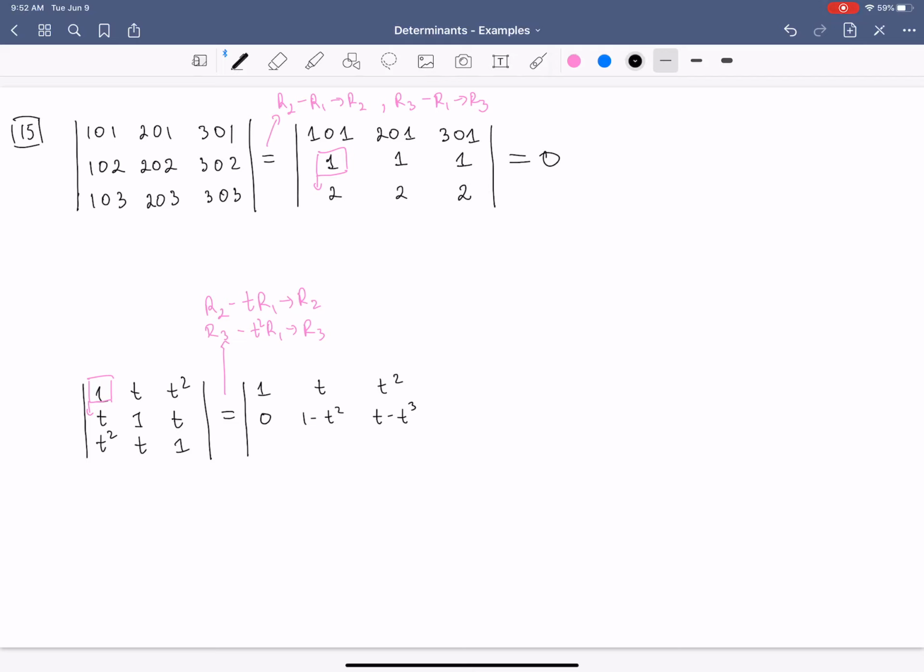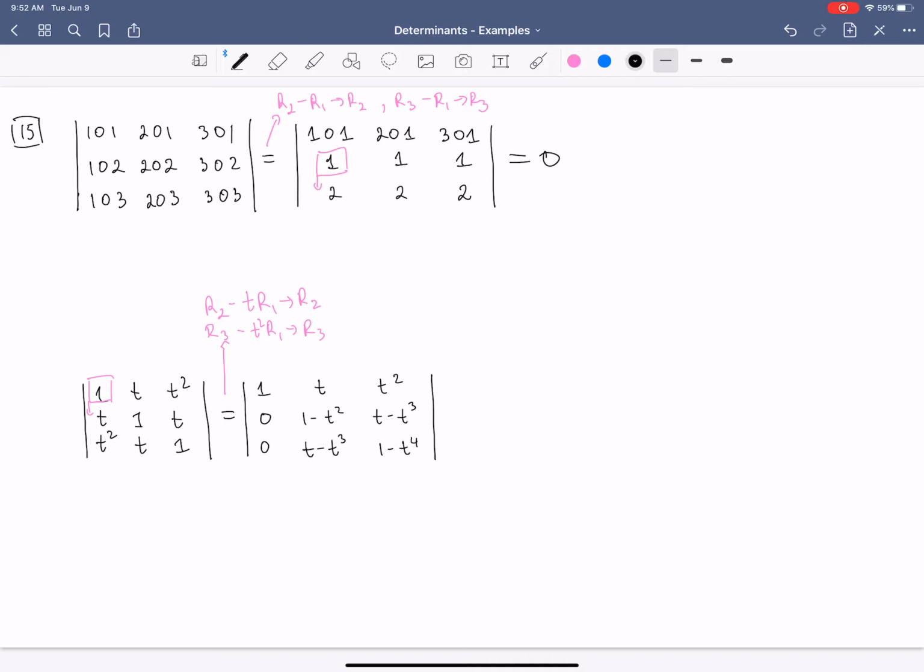Then we have t squared minus t squared, which is a 0. Great news. And then we have t minus t cubed, and we have 1 minus t to the 4. So that's quite a bit. Okay. Now,